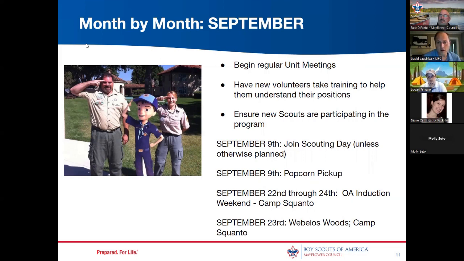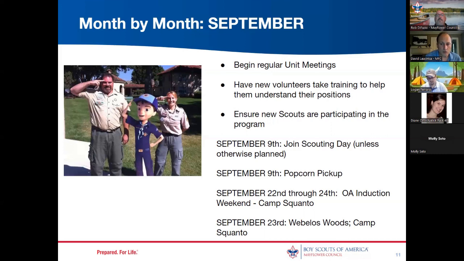Yeah, so obviously September is when you want to get the ball rolling on this, and a lot of times that's why it's so important to have your volunteers, your leaders in place at this point. I know a lot of times you won't necessarily have a den leader in place, or even you're starting to build up with the Tiger leaders. If you have your pack meetings at the end of the month, that's another reason why it's very important to have your parents meet up earlier to kind of get that going, because you really want to have at least a couple meetings or a meeting before the end of this year.